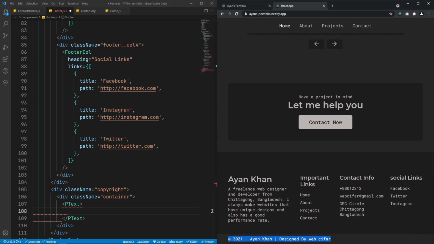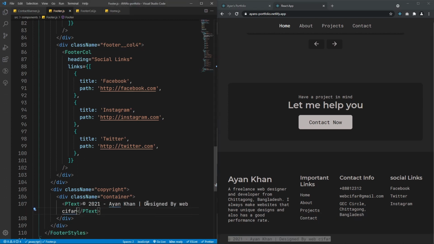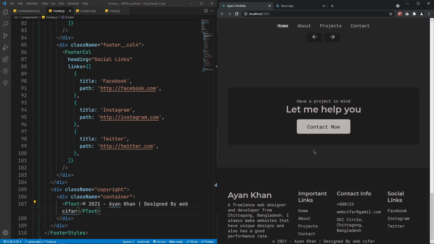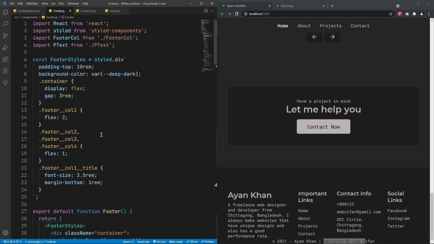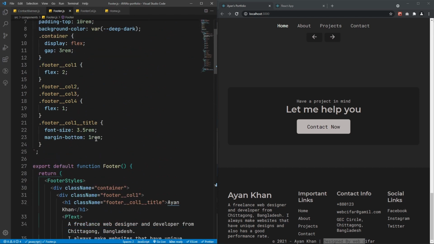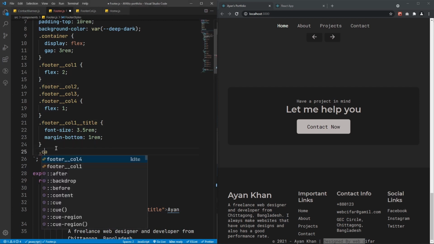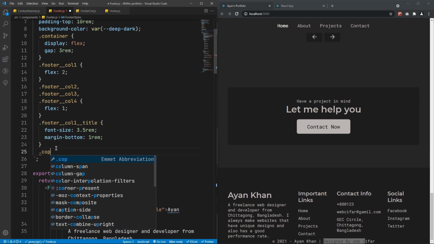So let me copy it and paste it here, and if I save that, I should see my copyright text here. And also after that we don't need anything else. What we need actually, we need to add the style for this thing. So here after that we can actually grab the copyright,